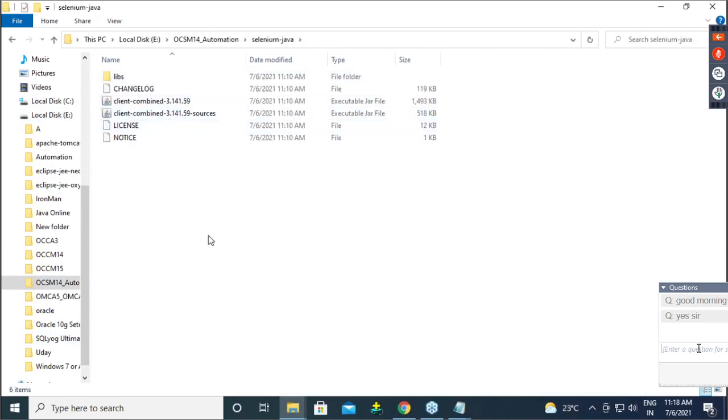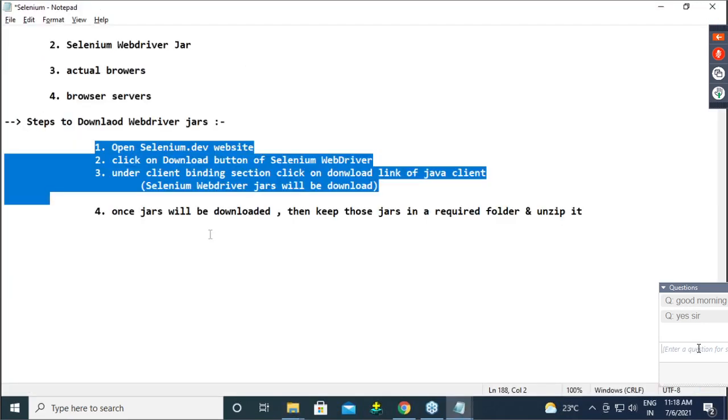Okay, so guys, now see, 90% of people are using Chrome, the Chrome browser. Some people may go for Firefox, may go for Opera, or may go for Microsoft Edge.